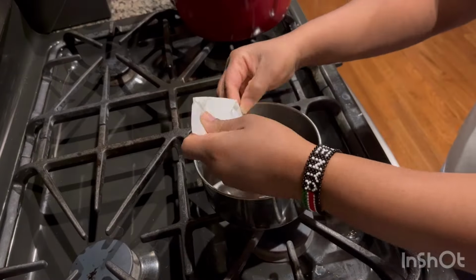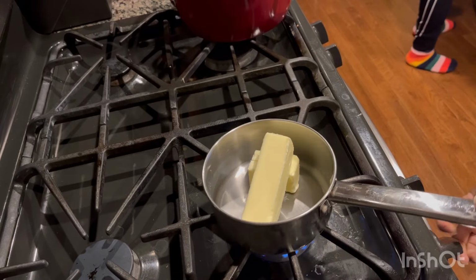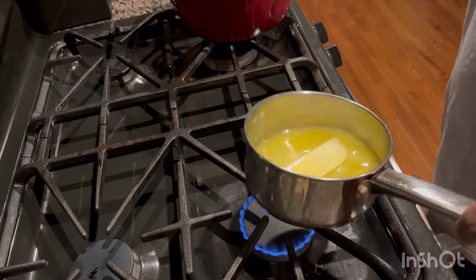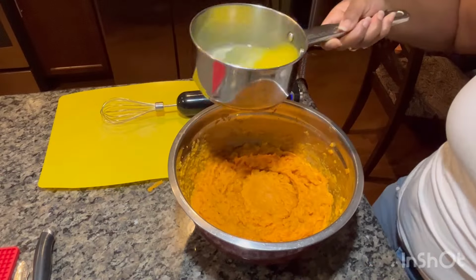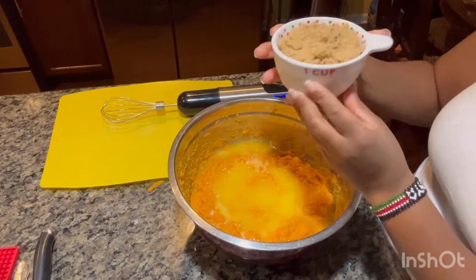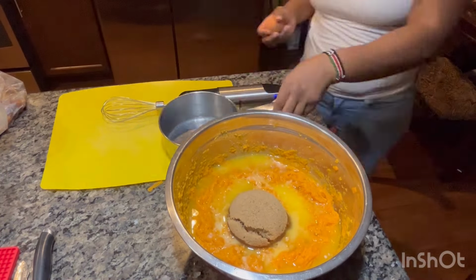We are going to melt our butter. It doesn't even have to fully be melted. So in no particular order, I added 1.5 sticks of butter, 1 cup of sugar, which I later on went